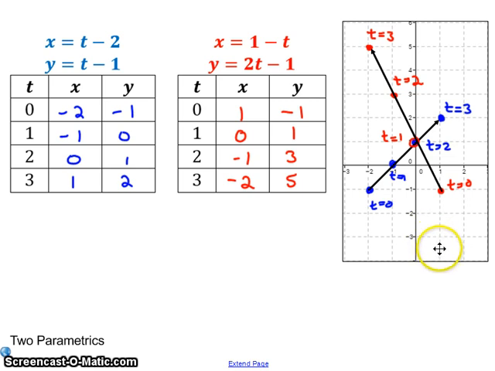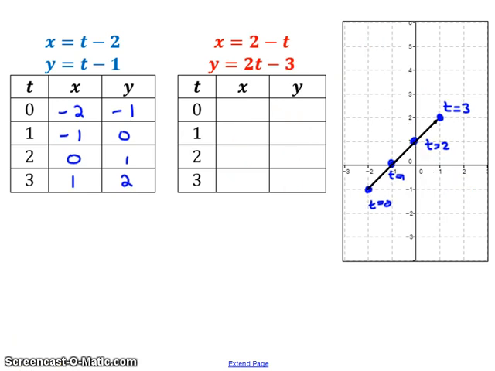Now the question is, are they there at the same time? And we can look at the values in the table here with respect to time and see that their paths cross, but they cross at different times. The red object is crossing at t equals 1, which is sooner than the blue object, which is not crossing until t equals 2. And so therefore these two objects will not collide, even though they're going to be crossing